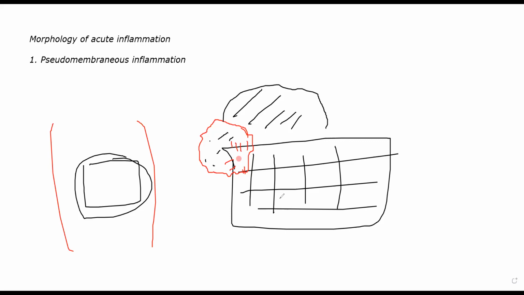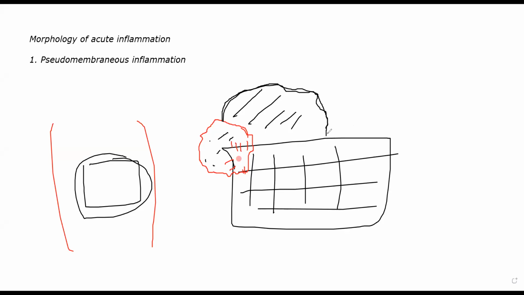Okay? These are the dead proteins, the components of dead cells. Technically, a cell is made up of carbohydrates, proteins, and fats. So if proteins are released, think of it this way: if you just leave a liquid full of protein out, what will happen? It will coagulate. Same thing will happen here. Especially on the surface, it will start hardening. That hardening surface will start looking like a film. Okay, it will be a pseudo film. It is not a true film. That process will be called pseudomembranous inflammation.